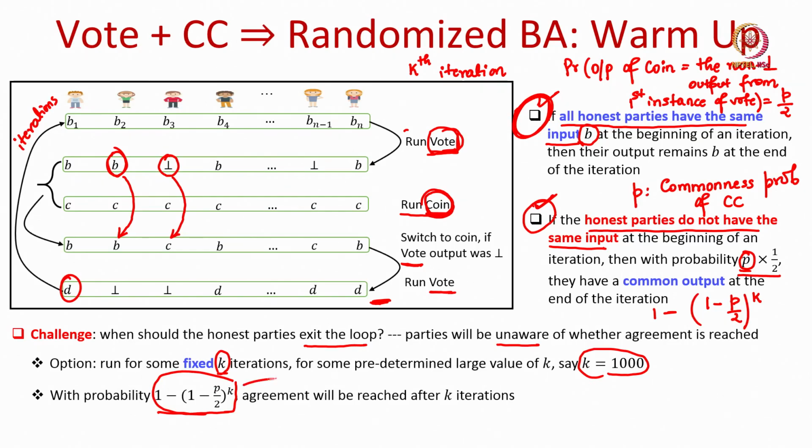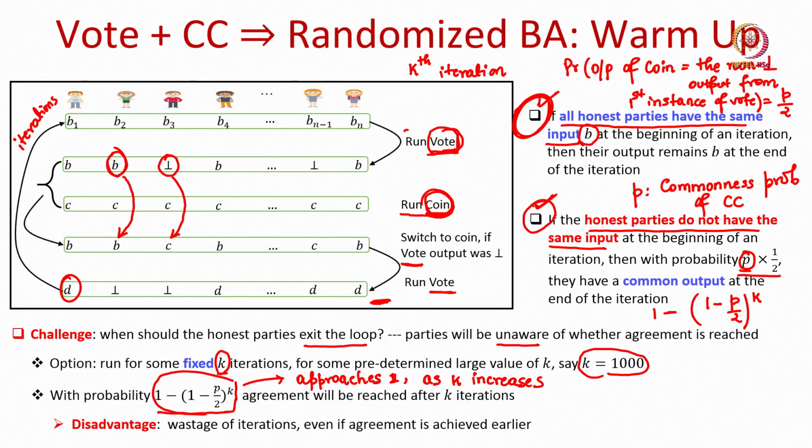Sorry, this quantity will be very large if I set k to be large. So, it approaches 1 as k increases. That means the probability that agreement is not achieved, as I keep on increasing the number of iterations, will eventually approach 0. But this approach has a huge disadvantage because it results in a huge wastage of